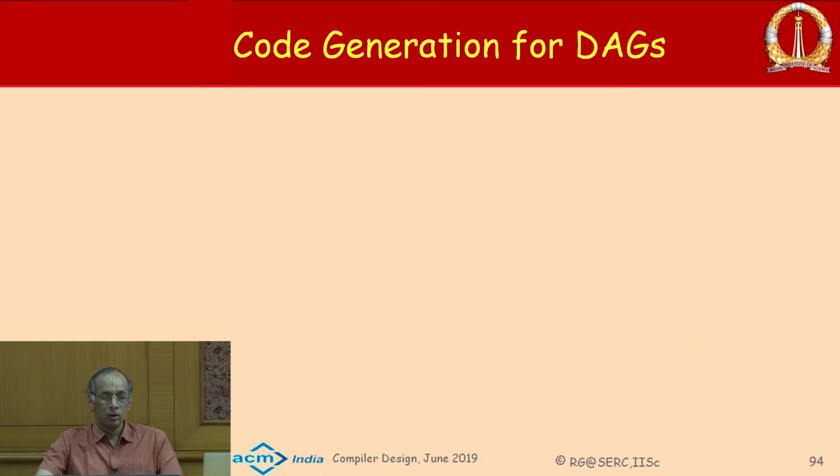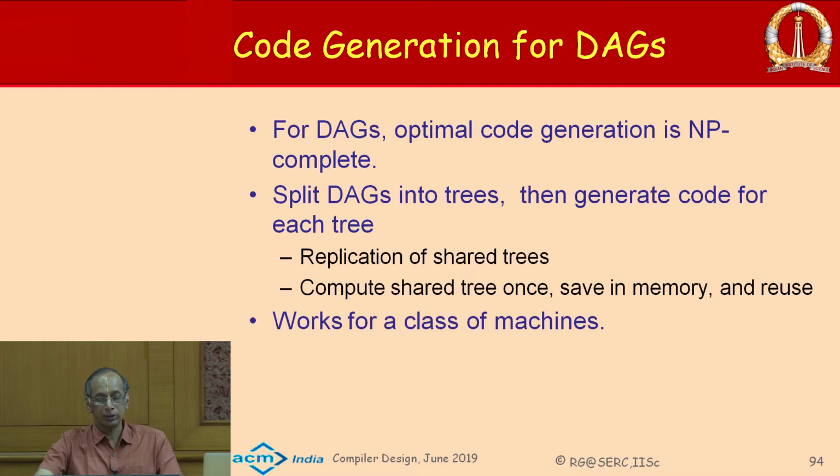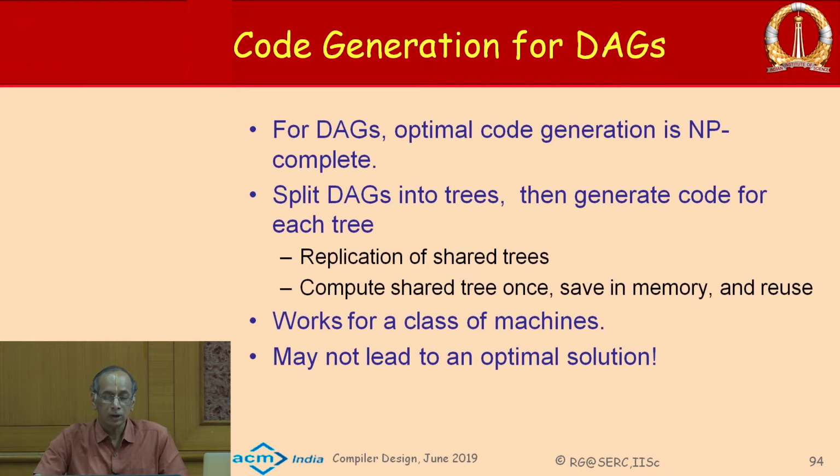Any more questions? Okay, now let us move forward. Now let us address this question of what happens if my basic block results in a DAG rather than a tree. If it is a tree, we have good solutions available, but if it is a DAG, what do we do? For this, optimal code generation is NP hard, so we may not be able to generate optimal code. So, we have to use some heuristic to